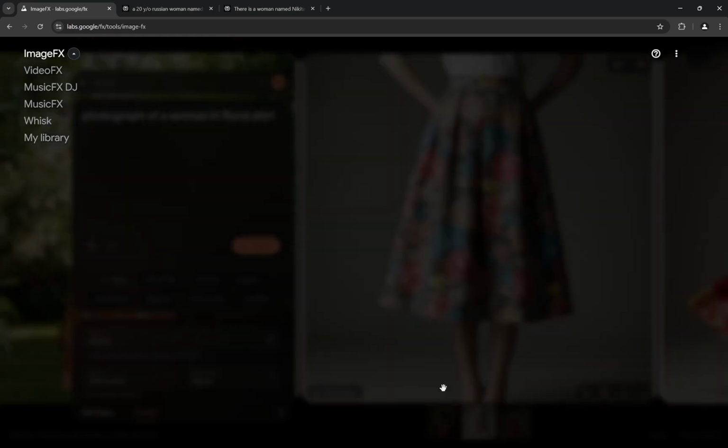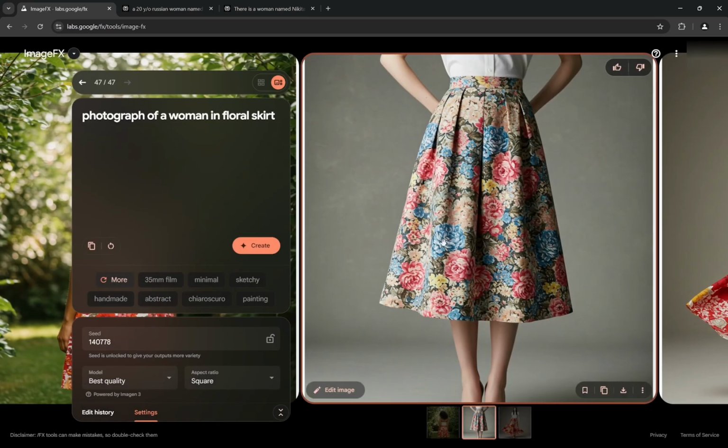There are lots of different AI apps by Google, video effects and everything, but I think the best one which is up to the mark is Image FX. Music FX and Whisk is also image generation, and I'll talk about it in another video. So now you can see